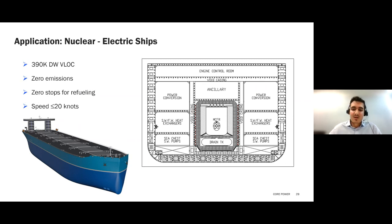On the right, you can see a section of the concept design, and you can spot some of the engineering work we are doing currently. For example, the shielding. We have to add an extra layer to make the dose slow enough outside of the ship to reduce the EPZ and to protect the crew of the vessel. So if we go to the next slide,